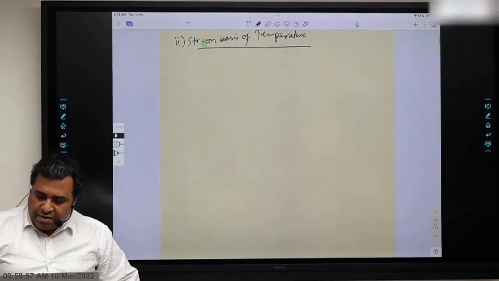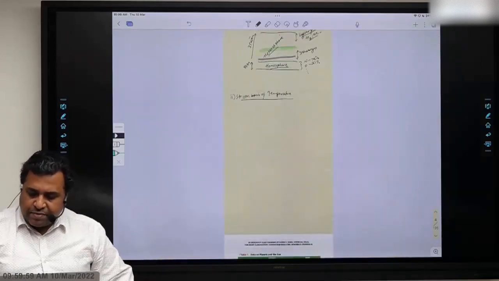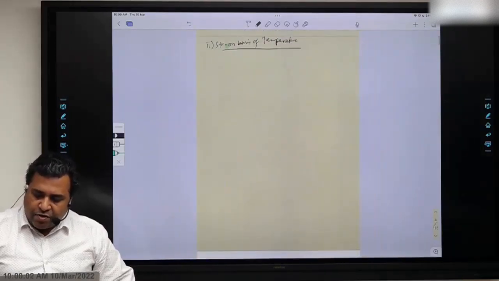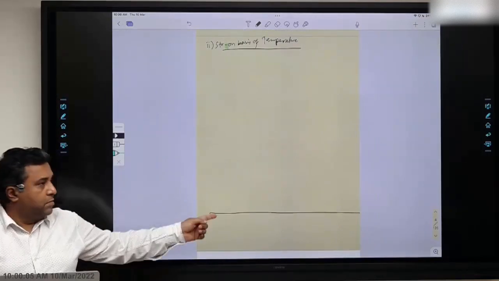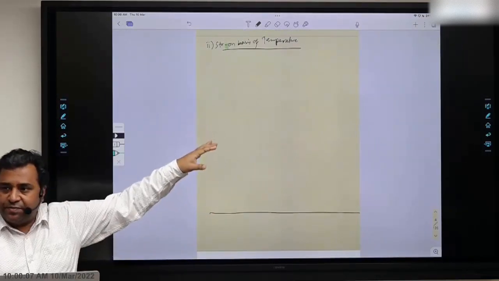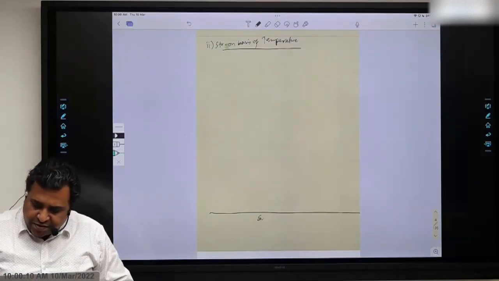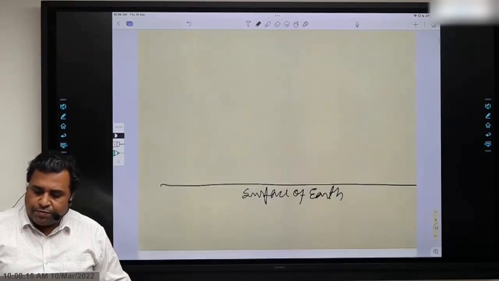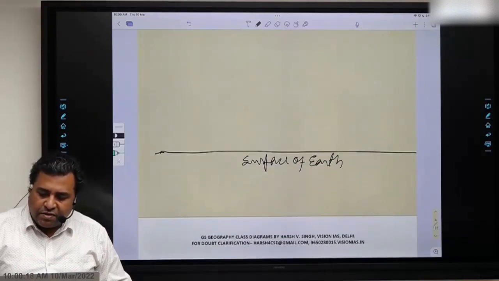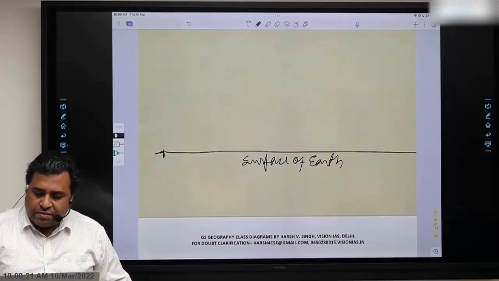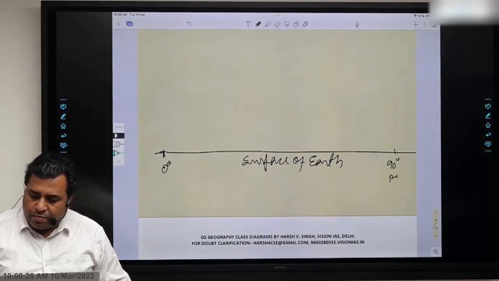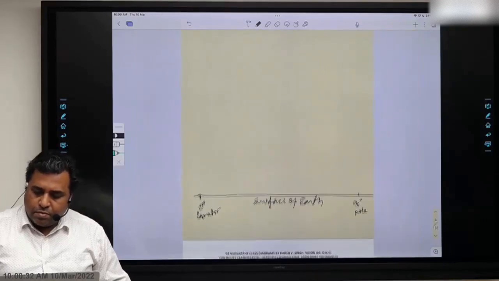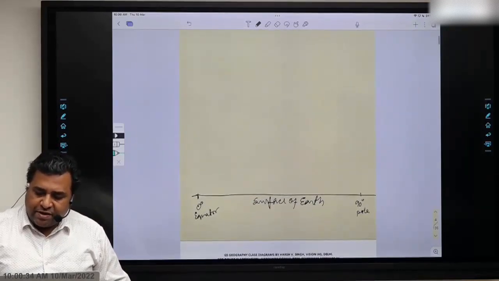So please see, I'm trying to draw in this diagram starting slightly at the lower end of the paper, यहाँ पे कहीं. I'm leaving all that space क्योंकि यही मुझे ड्रॉ करना है, ठीक है। So this is the surface of the earth, surface of earth, and please do draw with me, all of you. The surface of the earth, and let us say this is 0 degree equator and this is 90 degree pole. Okay, 0 degree equator and 90 degree pole region, ऐसा।